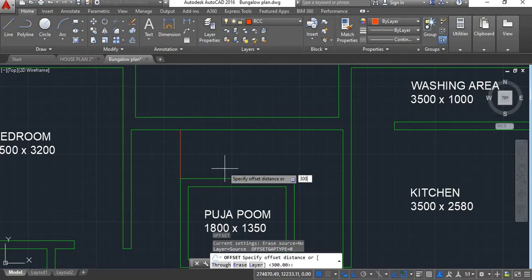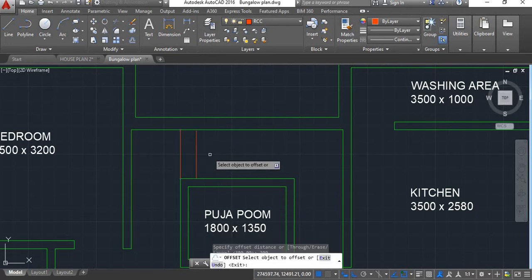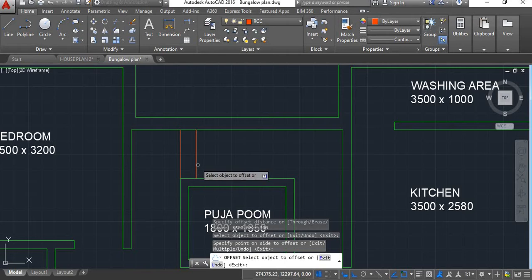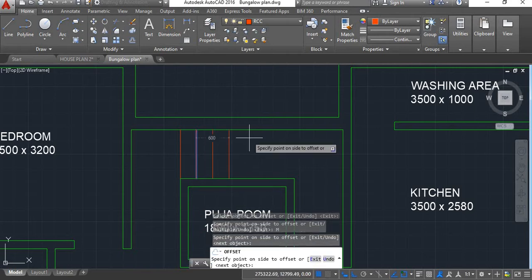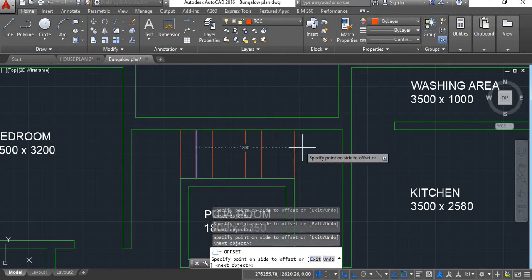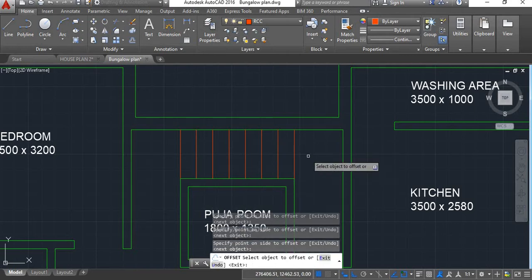Distance will be 300 and we'll offset this. Now here you will see the total number of steps in this flight is 7 numbers and the total number of risers in this flight is 8 numbers.